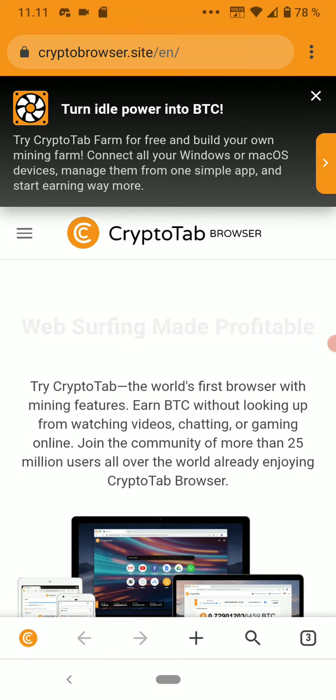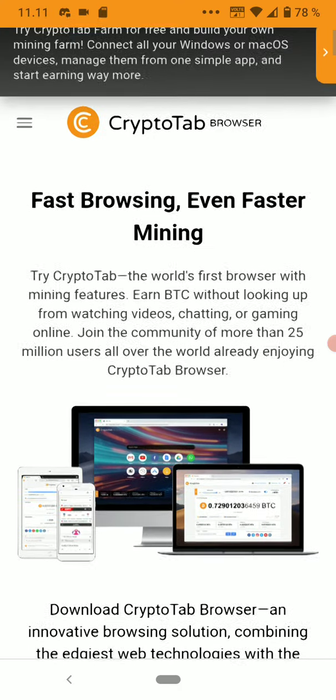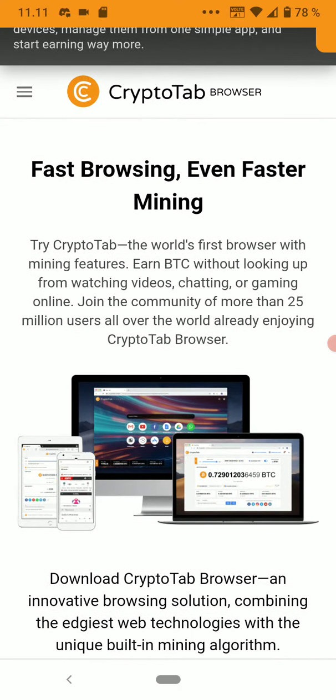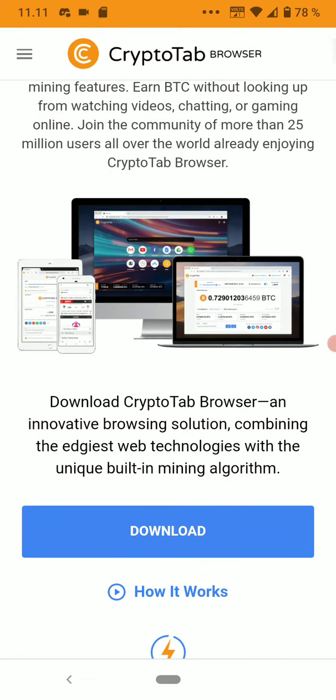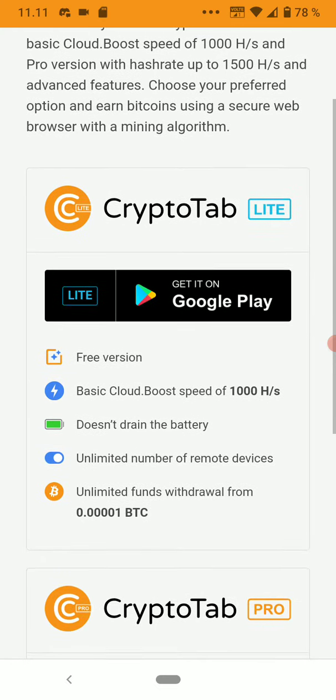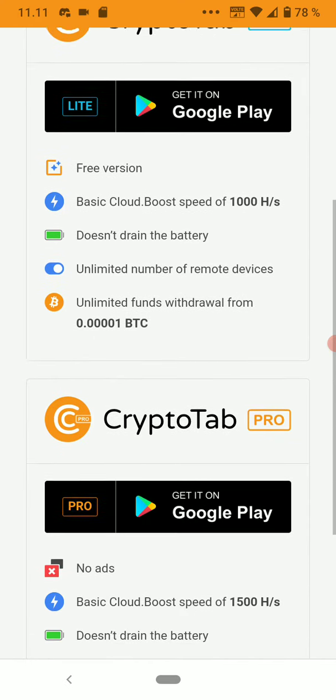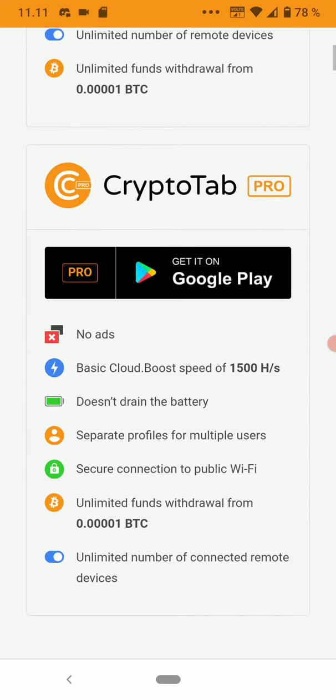Today I'm going to show you how to use Cryptotab browser. When you push my affiliate link, this site pops up. Then you download. If you use Android, then you push get it on Google Play. You can also